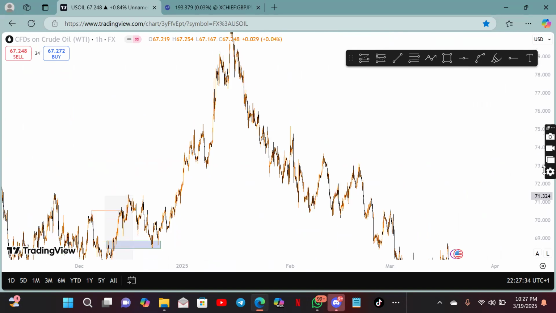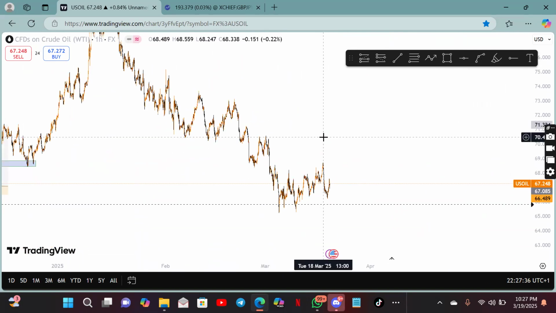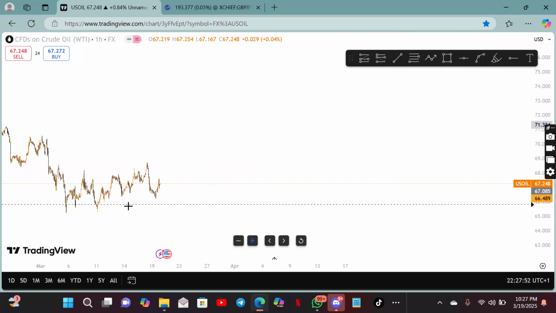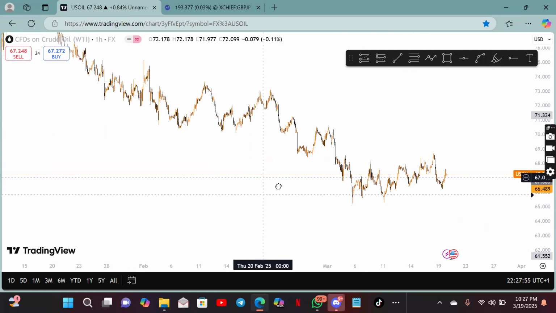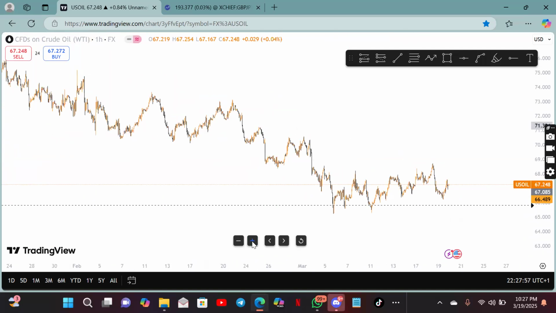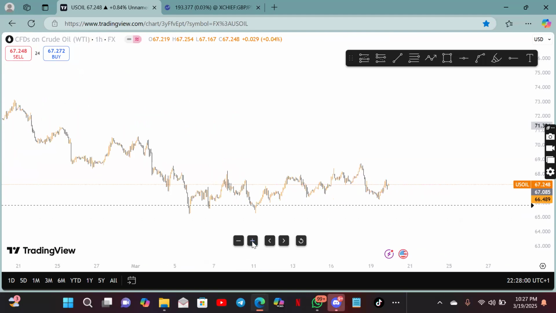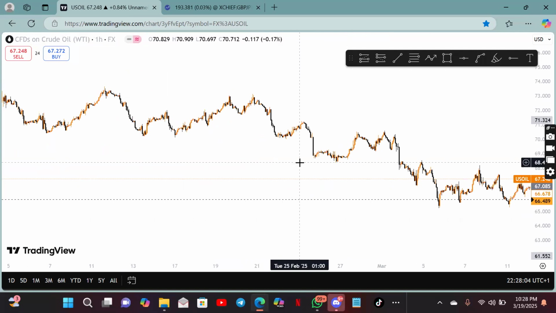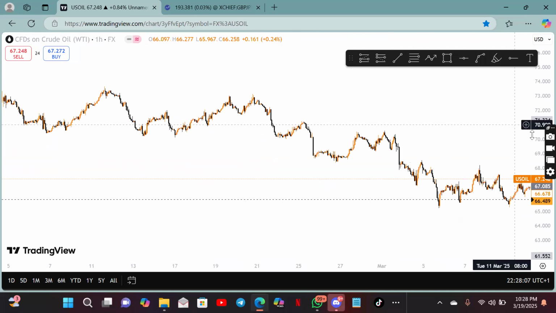If you're able to spot liquidity, first of all, what is liquidity? What is inducement? It means when the market deceives you. I don't know if you understand. When the market deceives you like this, that's what is called inducement. So the market induces you to take a trade. It pushes you to take a trade that you're not supposed to take. So once you're able to spot, okay, this is what the market did to me, this one is a fake move, you will know when to spot the real move. I don't know if you understand.